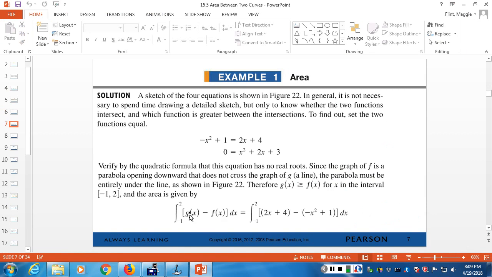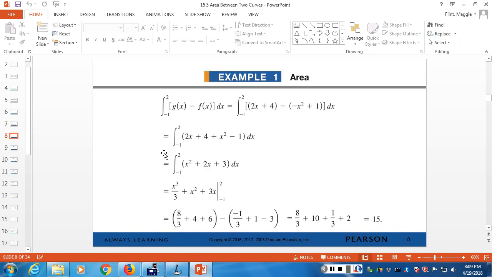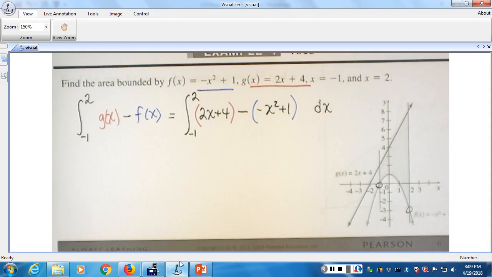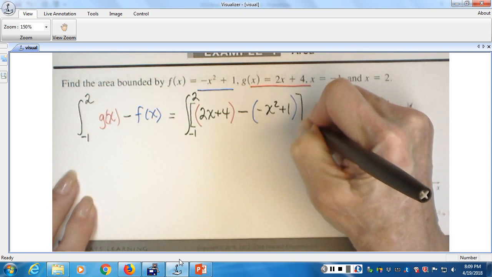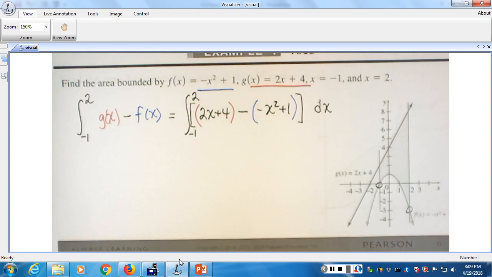So notice that f of x minus g of x is actually going to be two different functions, and we can actually break that up. But we can also combine the functions. So that's what we're going to do. So it's this whole new function. We're going to simplify it so that we don't have to do 2 or 3 separate integrals